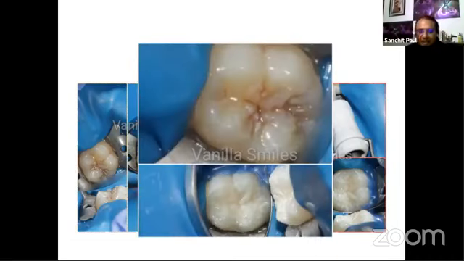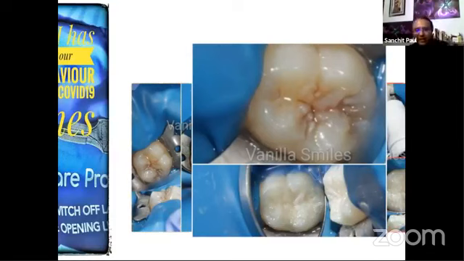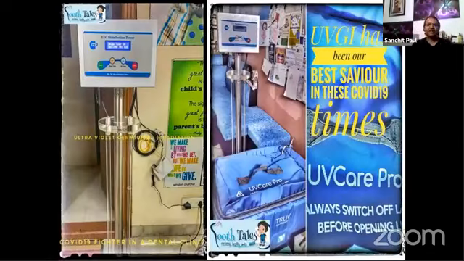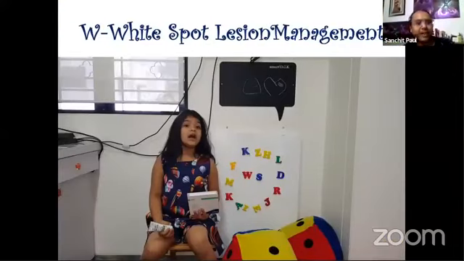So again, the aim is to get the anatomy in the best possible way and maintain it so that the overall outcome is always good rather than just doing a simple filling. I want to highlight the new UV thing, which we are now more used to and more familiar with, the UV GI. Again, this is something which we are now all well aware of. So just wanted to highlight another UV, which is with the letter U.